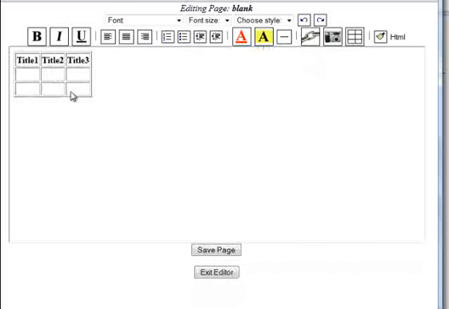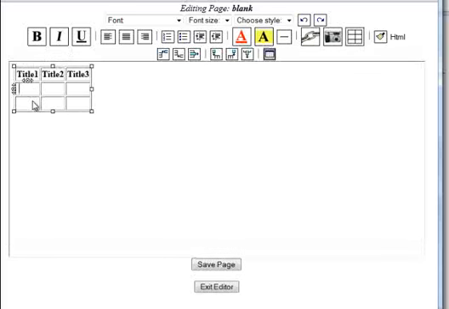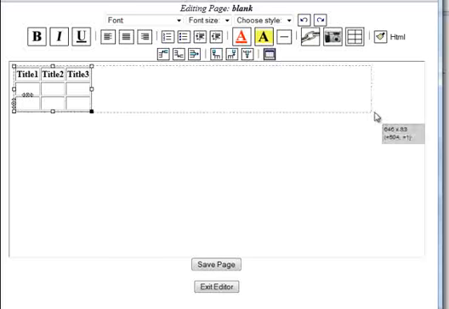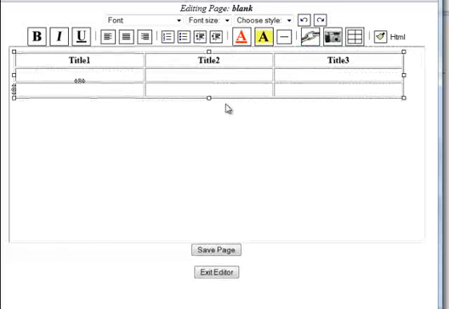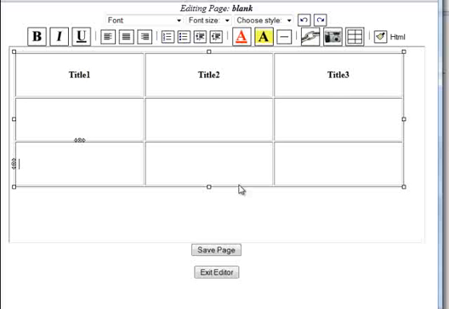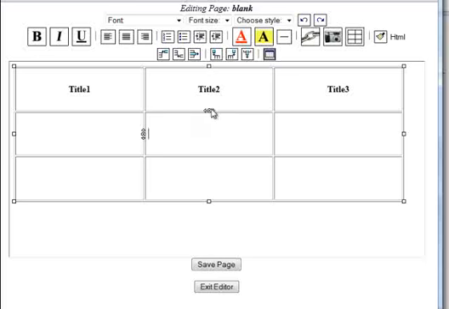Now we have a table in here, and you'll see it's broken down, and it has the header row where the title's across the top, which you can go in and change, and then sections that we can put content in. You can expand the table just like a picture, so you can increase the length and width of the table. The spacing will remain the same for each cell. Tables are set up to expand as you put more things in them. So if we go in here and we add a picture,